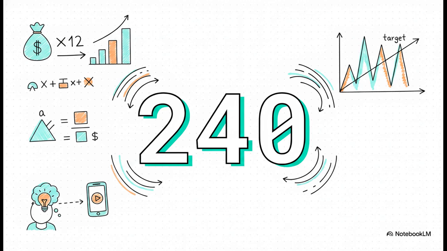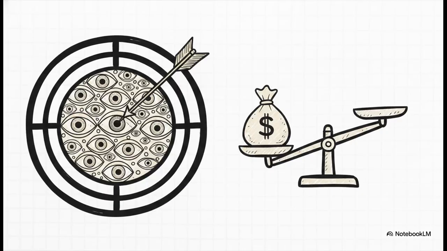By plugging their historical conversion and spillover rates straight into that chain rule calculation we just talked about, the equation spits out a very specific target. They realize they have to achieve exactly 240 views for every single dollar spent to hit that 12-fold return. By multiplying those required 240 views by their $5,000 budget, the team realizes their absolute attention target. To make this work, they need to secure exactly 1.2 million views without going a single penny over budget.